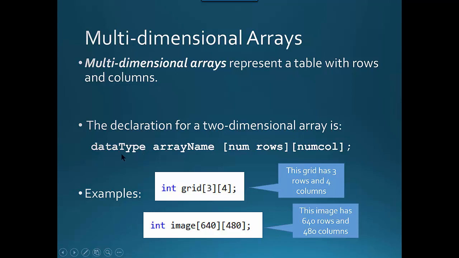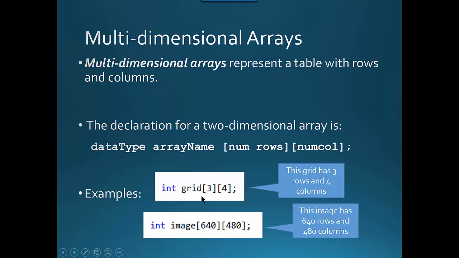And the syntax is the data type, the array name, and then two sets of square braces with rows and columns represented. So for example, if we wanted to store a collection of integers in a 3x4 grid, that would